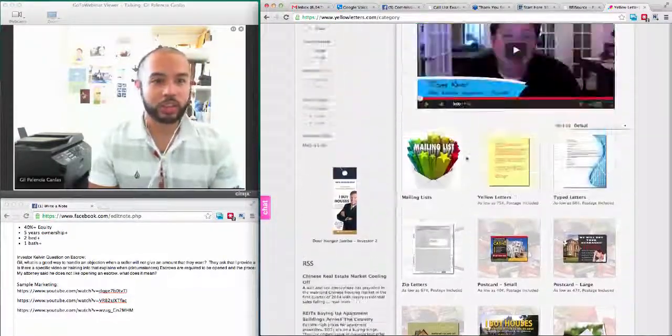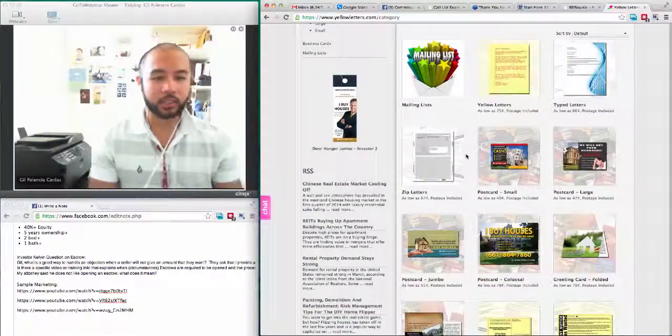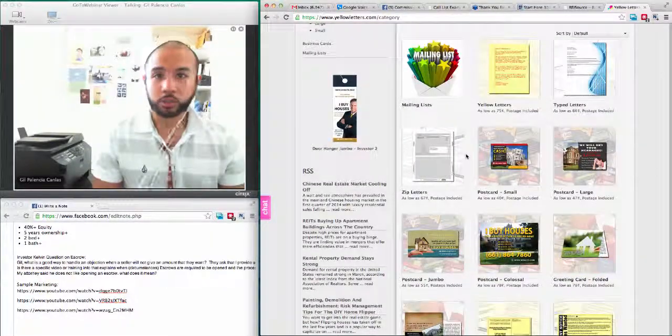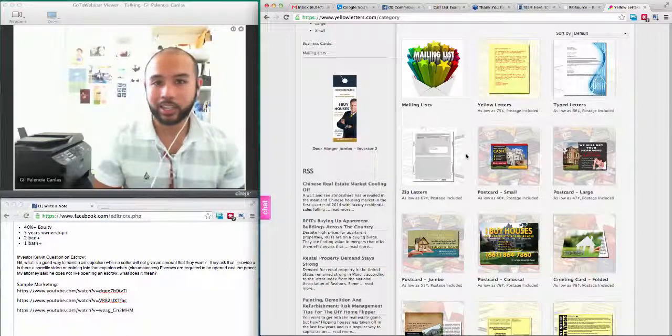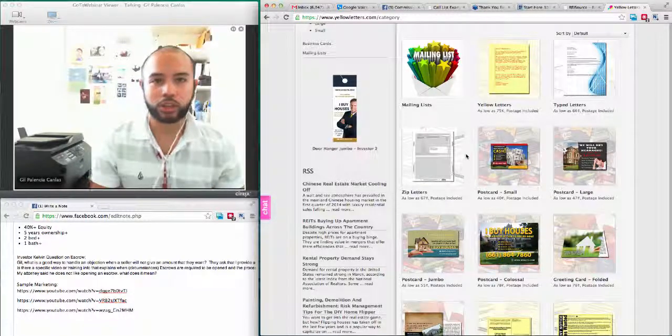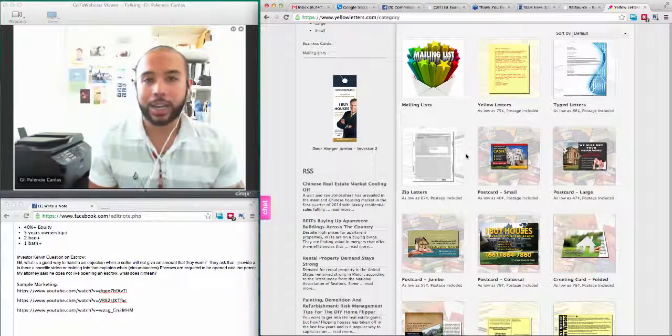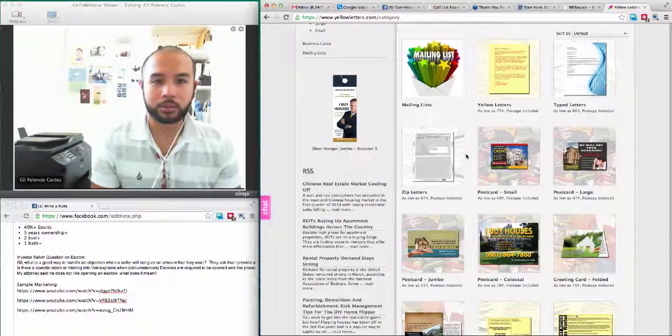They have expanded their lineup of direct mail marketing pieces. If you do get the chance to get on the phone with them, talk about your marketing campaign. These guys actually take the time to find out more about your marketing campaign, what you're looking to do. They can even give you some tips and help you with your campaign, right? So you can maximize your dollars and your budgets.